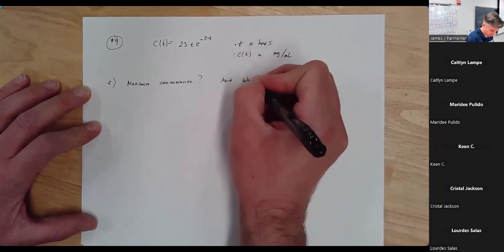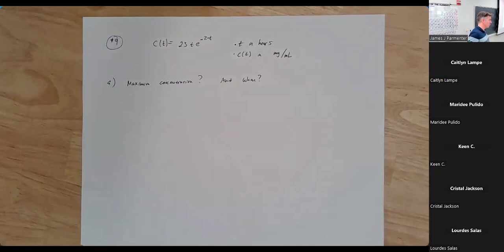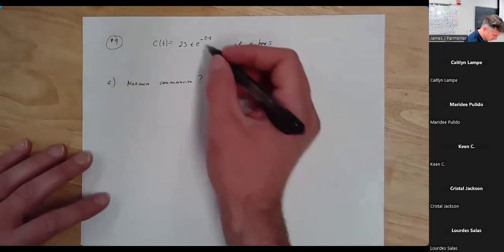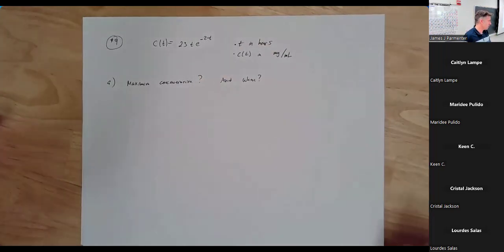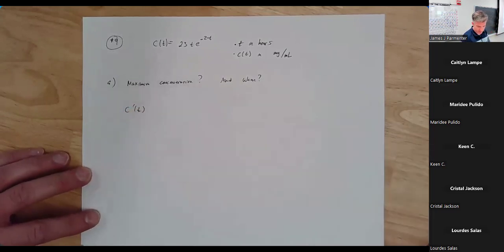Okay, fair enough. So how do we find the maximum of a function or the minimum of a function? I should really say, how do we find the extremum of a function? We take the derivative and we set it equal to 0, or undefined, but I'll point out that this function's derivative will never be undefined, so we're not going to worry about that. So we're going to take the derivative c prime of t, and I'm going to view this as